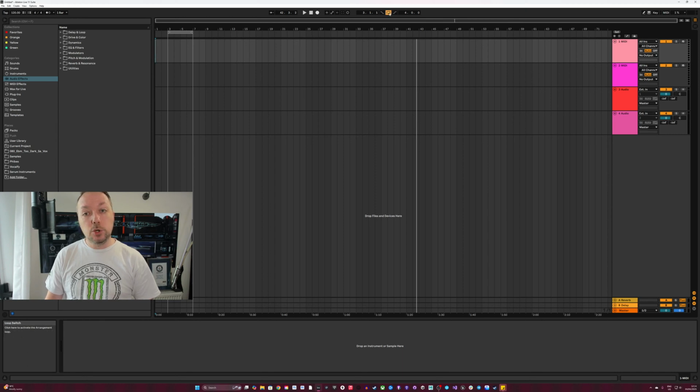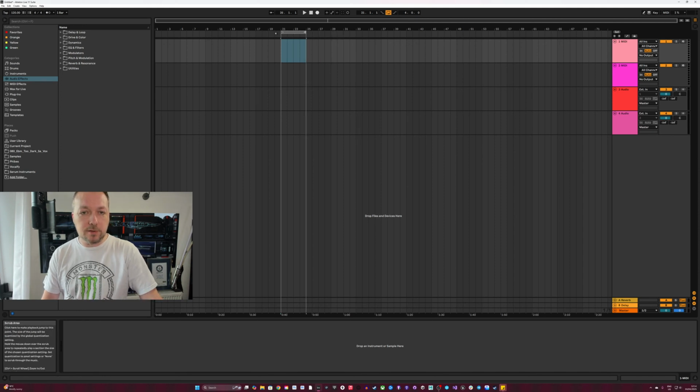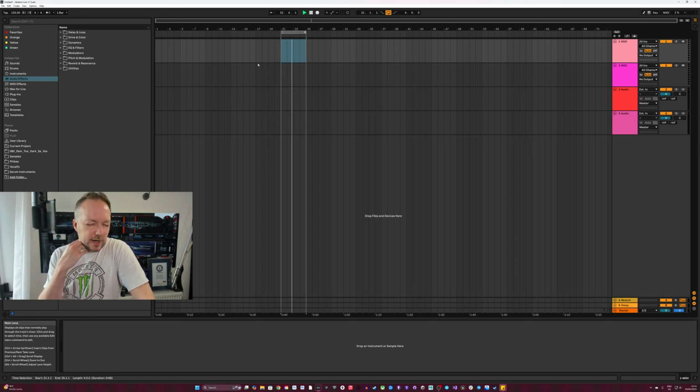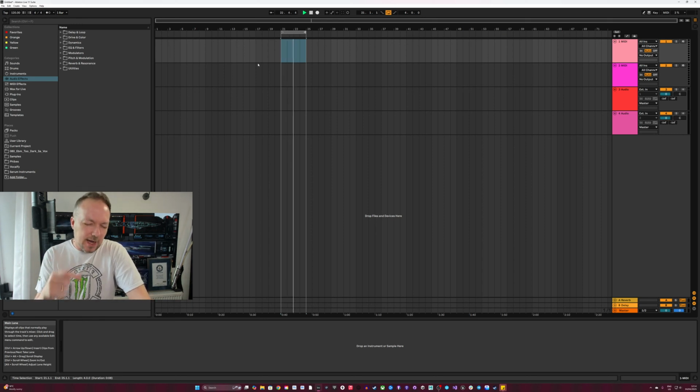So this is the loop button. The loop button here allows me to set a loop, so I can say, I'd really like to play this bit of the song, well, let's just move it a bit closer for purposes of this tutorial. I'd really like to play that bit of the song repeatedly. This is really good when you are just trying to find a good lead sound or kick drum or something like that, and you just want to keep repeating it again and again and again and changing it